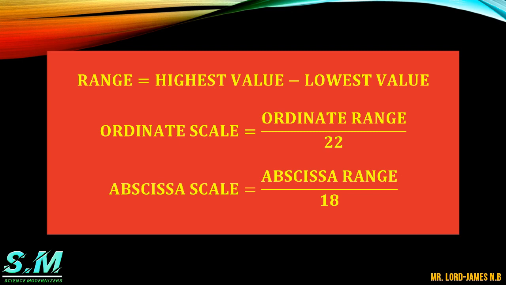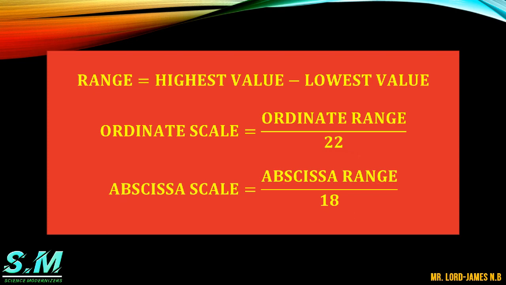As you can see, the range is equal to the highest value minus the lowest value. That is for the given data which has been given to you. We are going to see an example, and the ordinate scale, that's the y-axis. If we assume that the graph paper you are using has 22 boxes vertically and 18 boxes horizontally, then the ordinate scale is going to be the ordinate range divided by 22, and the abscissa scale will be the abscissa range divided